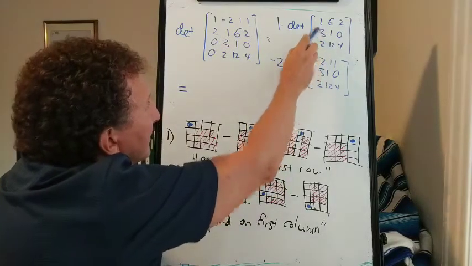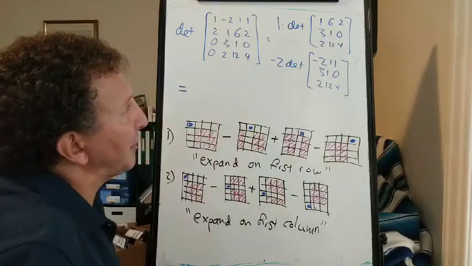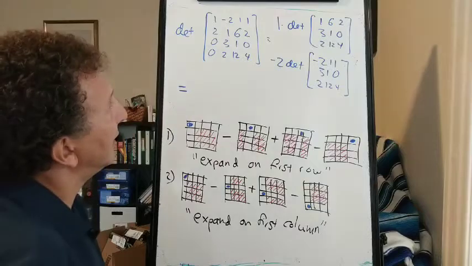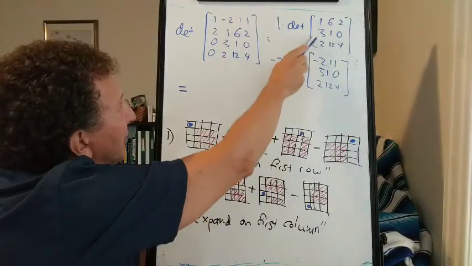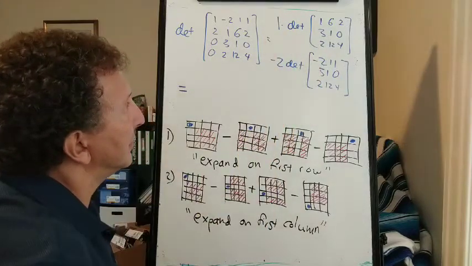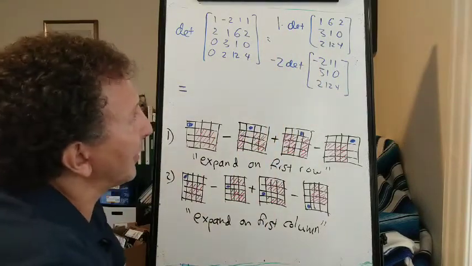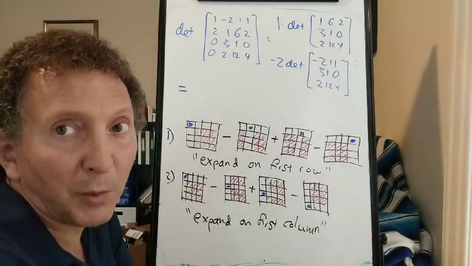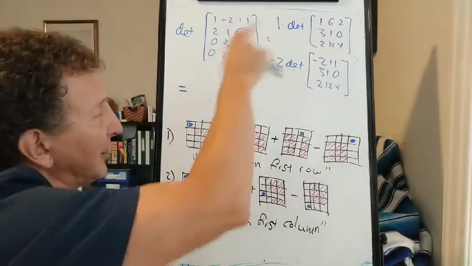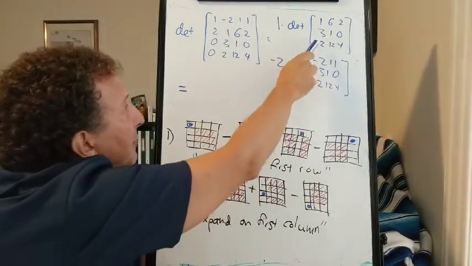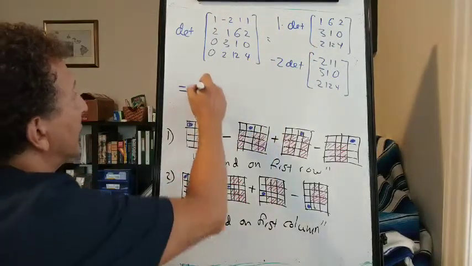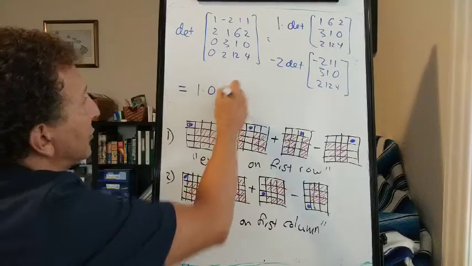Alright, now, so let's look at this determinant. Now we could compute that by diagonal lines, but I see something fishy there. That third row looks a lot like the first row. It's 2 times the first row. And if we ever have a matrix where there's one row that's equal to a multiple of another row, then that determinant is 0. So it's not worth actually computing it. We can just see, because this row is a multiple of the first row, that it must be 0. So that's 1 times 0 minus 2 times,